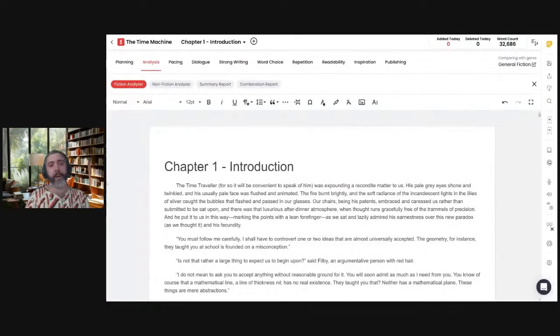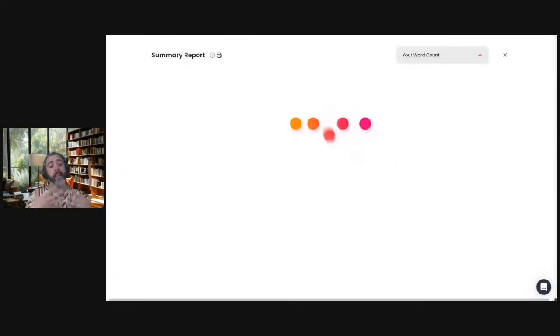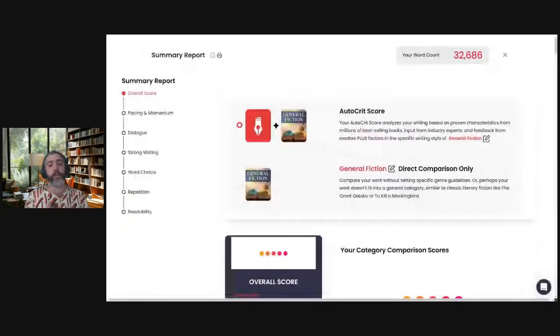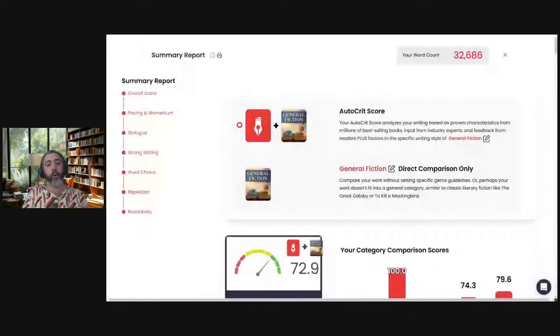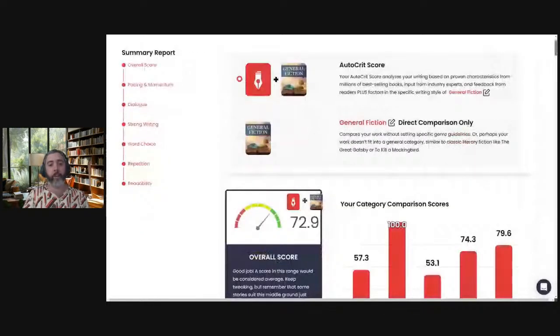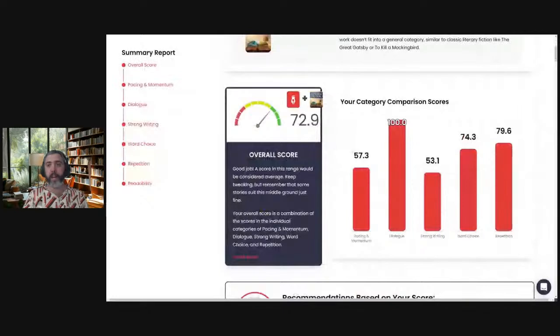You may have noticed there's a lot of buttons up here I haven't hit yet. So let's go to the summary report. Currently, I'm comparing with general fiction. You have your option when you look at these word editing decisions to compare against different genres or authors. And what it's doing when you run these reports is it's just looking at their word choice versus your word choice. Now, this is an old work, so one place where it's going to be quite different than modern work will be pacing. Yep, probably because it's slower.